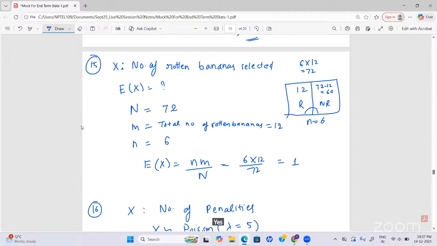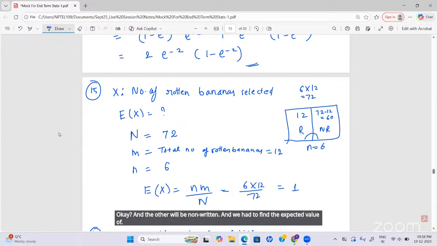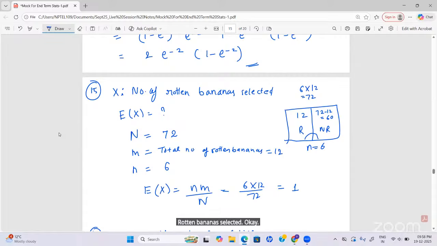Yes, so question number 15 was based on the hypergeometric distribution. Okay, so you can see the question. Two scenarios were there. In the total population of bananas, some bananas were rotten and the others were non-rotten. And we had to find the expected value of rotten bananas selected. Our customer is taking 6 bananas. So out of those 6 bananas, how many can you